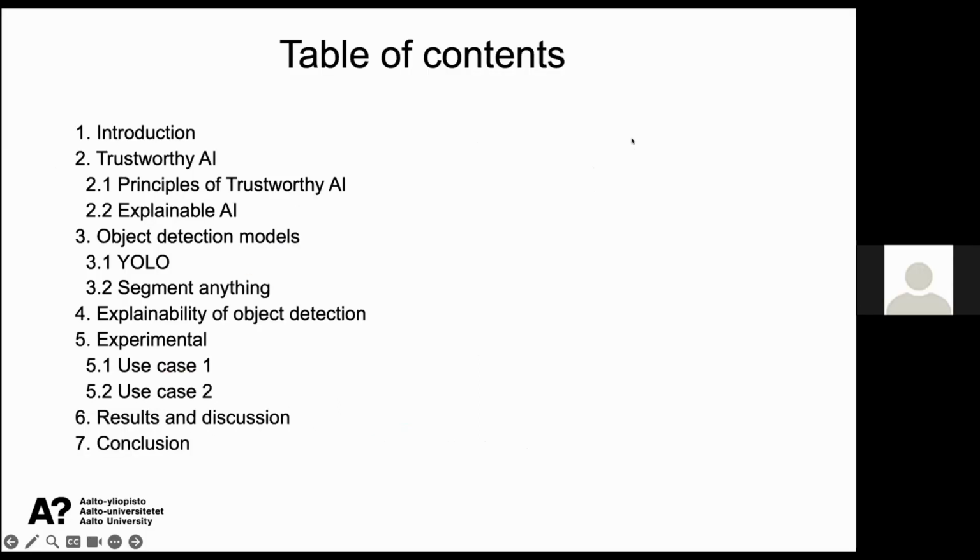So my topic was to analyze the results of object detection through explainability, briefly put in that way. And I was to give a draft of the table of contents for my thesis. So this is what I came up with, starting with the introduction and explaining some background and the purpose of the thesis and that sort of thing.